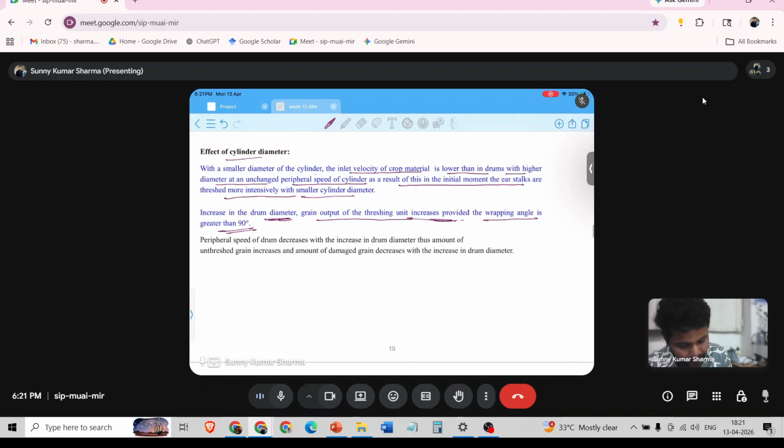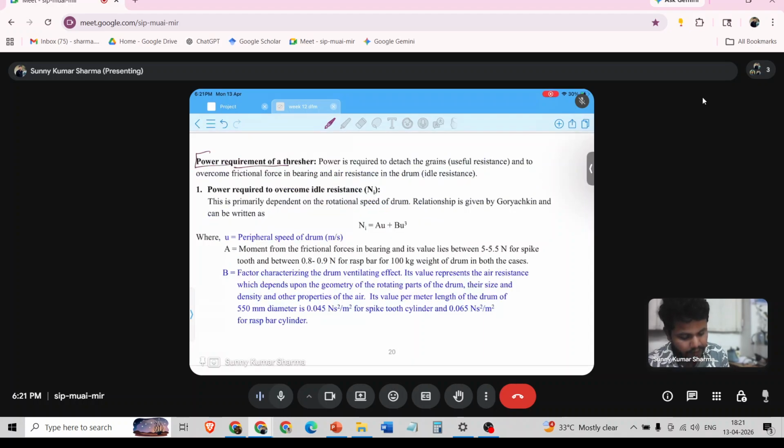And next thing is power requirement of thresher. So how do we calculate power requirement of thresher? For that, we have Goryachkin theory. Goryachkin drum theory is used to calculate power requirement of the thresher. So we consider that the power requirement of thresher consists of idle power and useful power. So idle power consists of